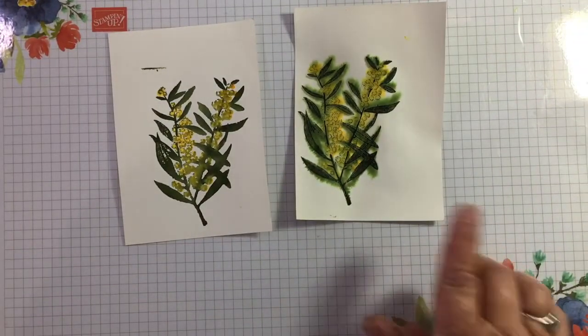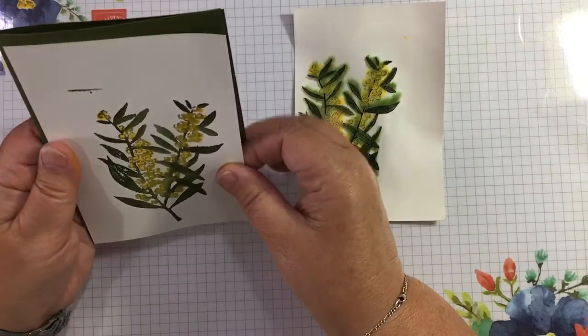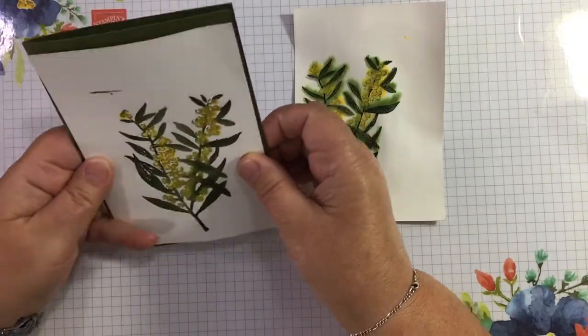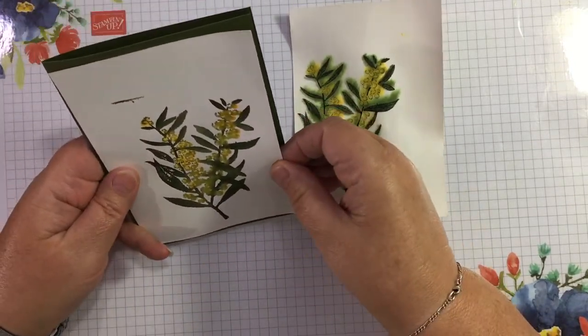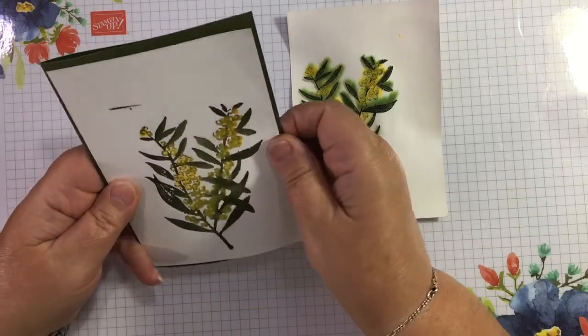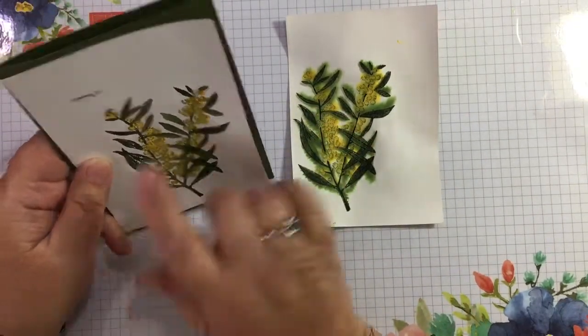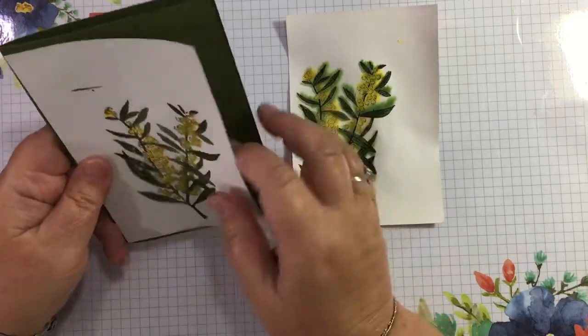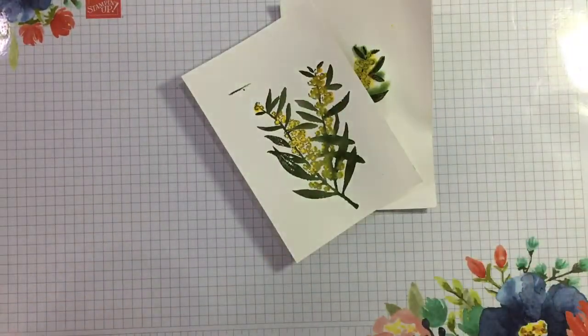So how am I going to mount these up? Am I going to trim this? I think I'm going to have to trim that out, but then I could put my sentiment there, although I would prefer it over here. I'm going to trim this down and then we'll see what we're going to do. So let's get the...